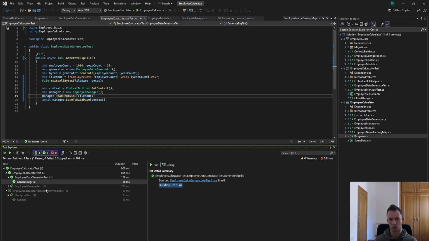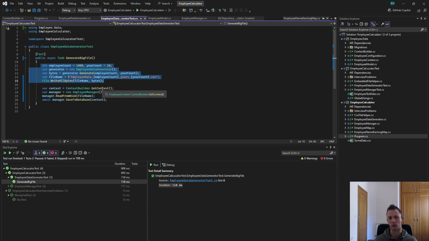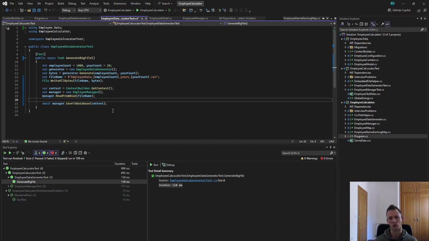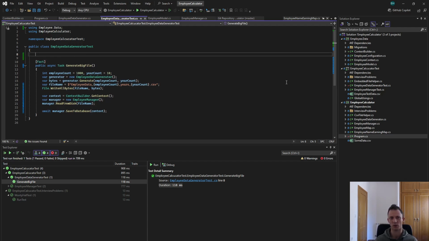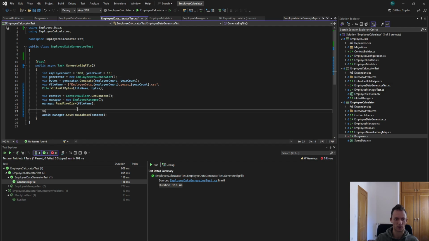This duration will give me the total duration of how long the whole test has been running, but it also would take into account how much time was spent on generation of this data. I would like to be as precise as I can. I would like to measure only time that was spent on inserting into the database. How do I do it? I can do a stopwatch,